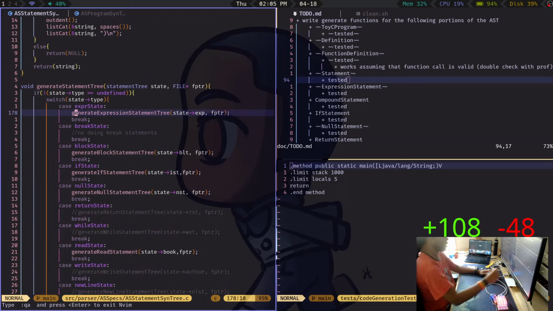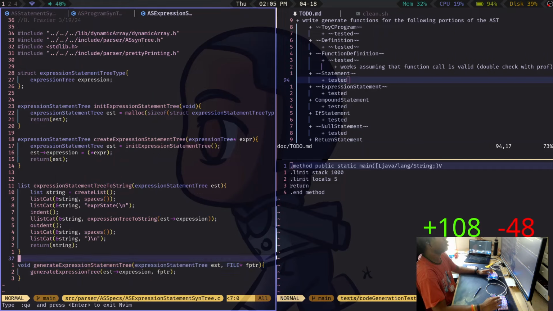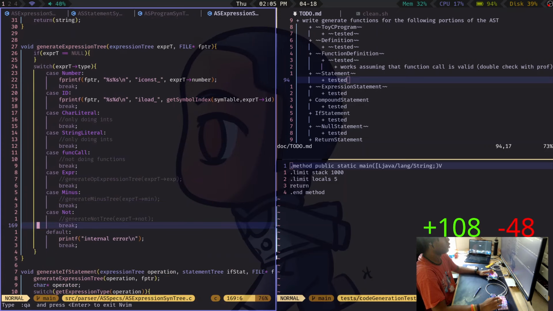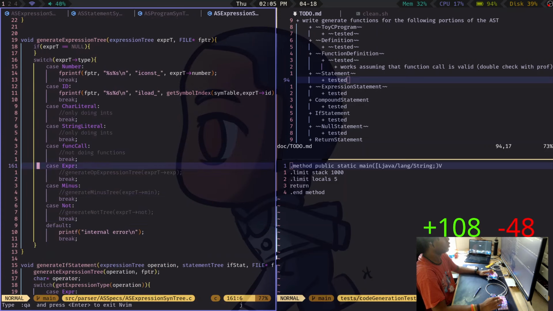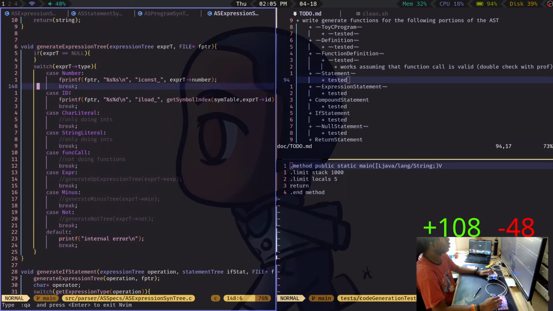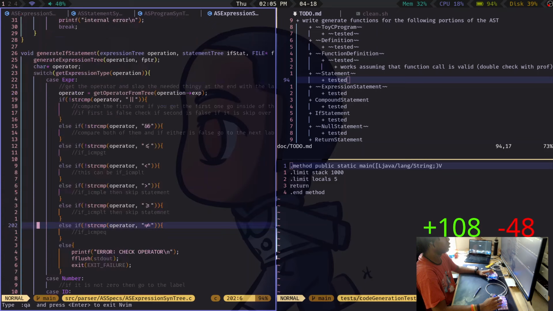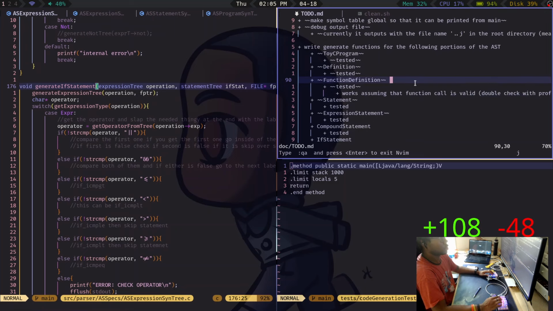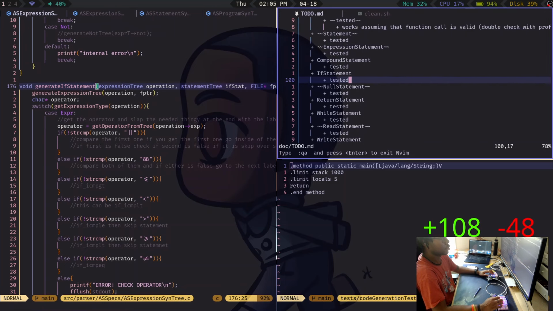That's just the inside of a function. Expressions. Did we do this? Oh, I didn't finish that. Yeah, okay. So let me put a note for myself.